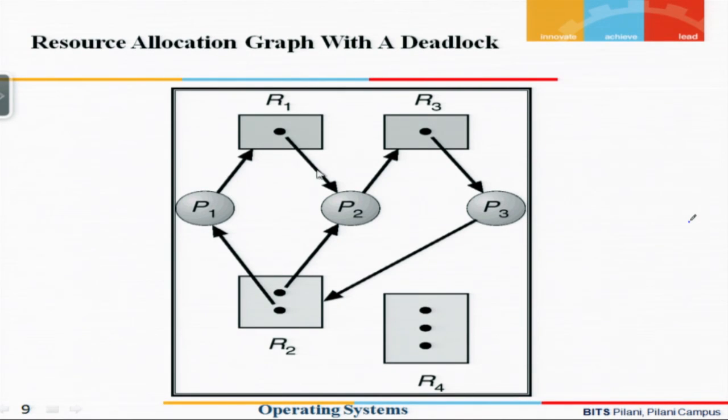Now, if you analyze this, P1 is holding R2 and waiting for resource R1, P2 is holding R1 and R2 and waiting for resource R3, P3 is holding R3 and waiting for